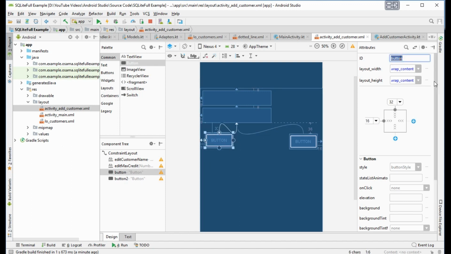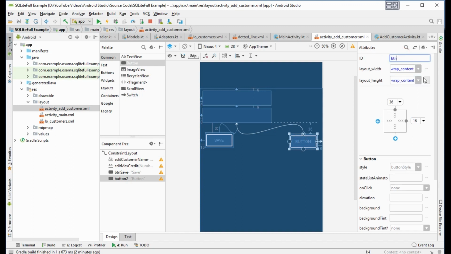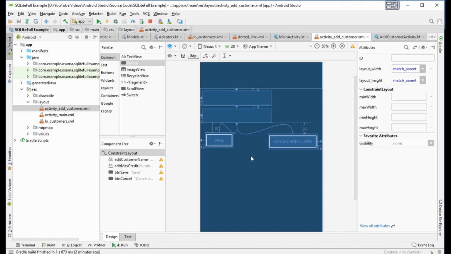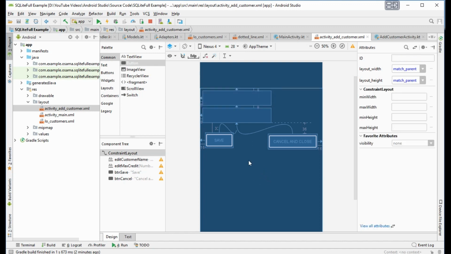Okay, btn save is its name, and here is save, and here btn cancel, and here cancel and close. Okay, this is the activity design for adding a new customer.